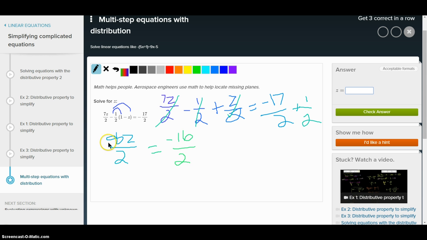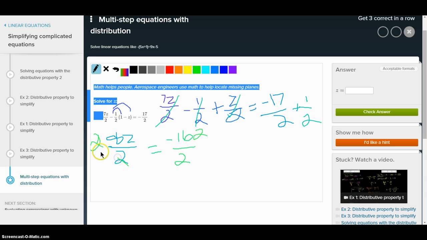Okay, so we're going to get z by itself. We can do this in a couple different ways. Let's just multiply both sides by 2. That'll get rid of this 2 on the bottom here and over here, as we see. So we multiply by 2 on both sides. Multiply by 2, multiply by 2, and both of these just go away. And then we're left with 8z